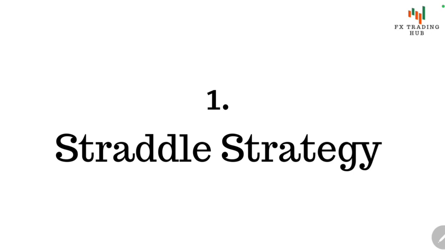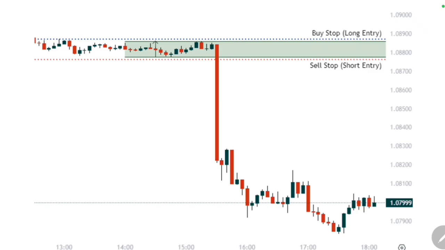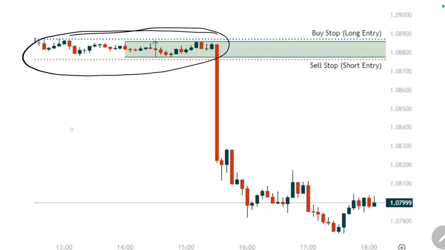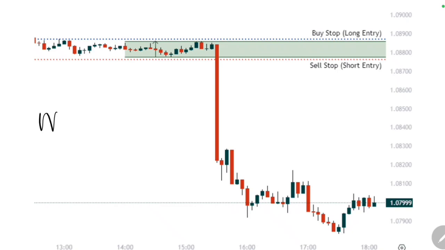You set a trap on the buy side and on the sell side, and you wait for the news to be released. Now, look at just an example of that strategy, this straddle strategy. This assumes this is where the market was before the news was released. Before the high impact news is released, the market will always have a consolidation, right? When the market has a consolidation, you place a buy stop order here, just slightly a few pips